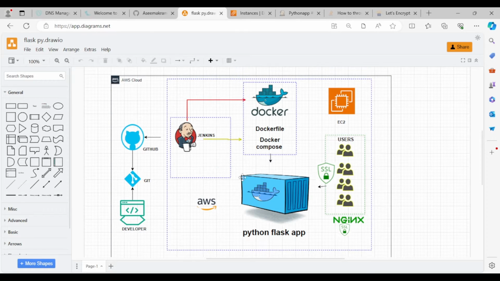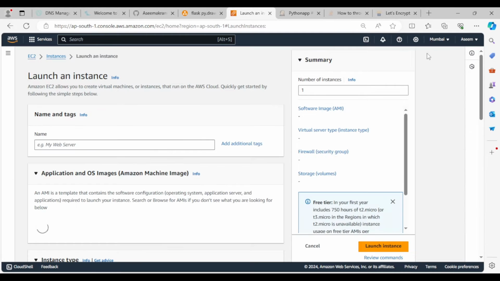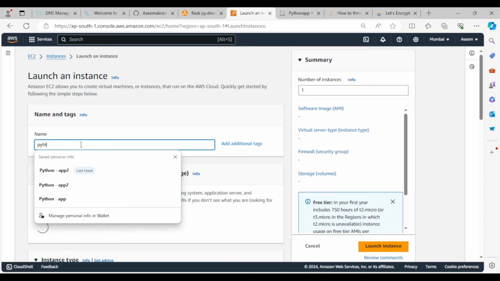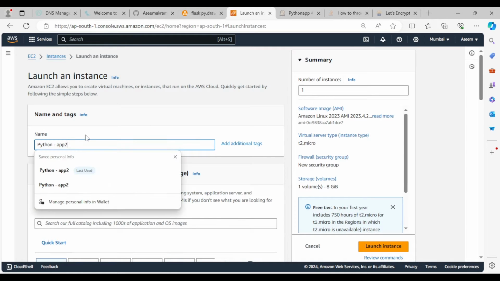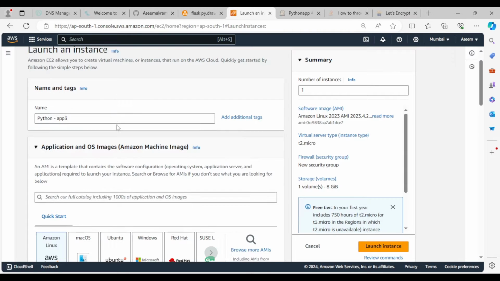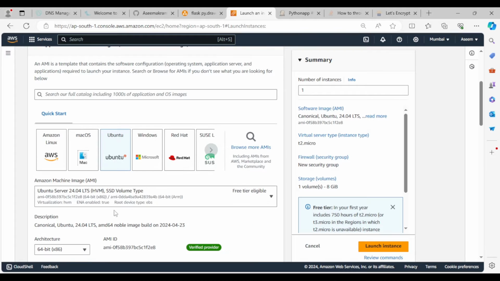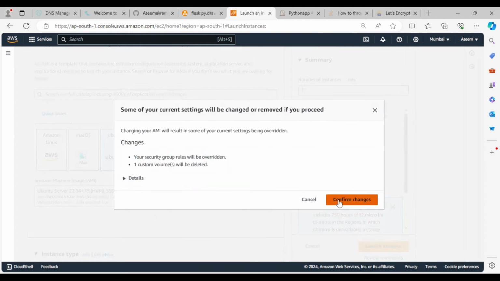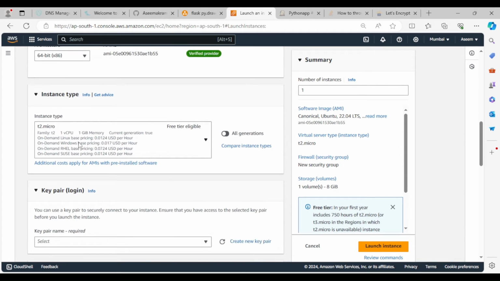Okay, let's go and configure one EC2 instance. Let's click launch instance. I will name it Python app, let's say Python app 3. I will select the Ubuntu operating system, version 22. Architecture default, and I'll go with T2